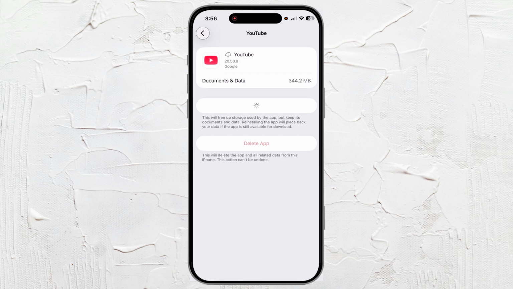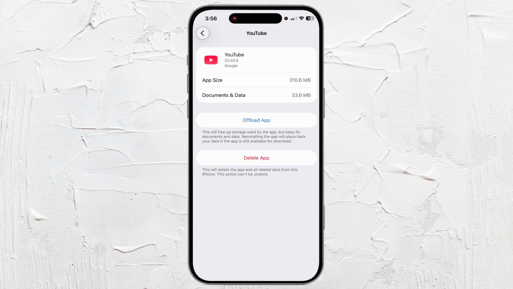So from this point, if you can't update your app through the App Store, you can come in here and offload the app and reinstall it, and you'll have the newest version of YouTube on your phone. It takes a couple seconds, but once you have it, go ahead and open up YouTube, and you'll have the